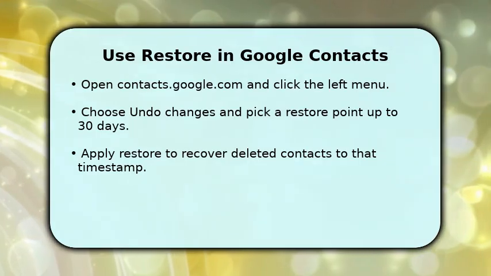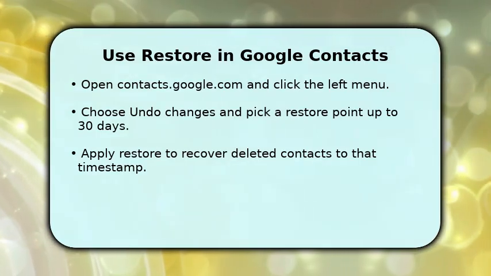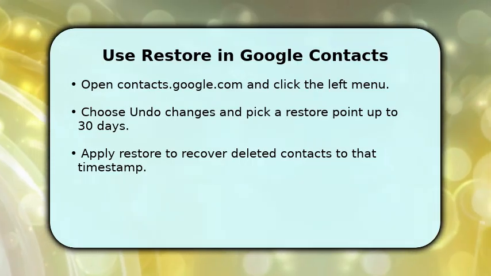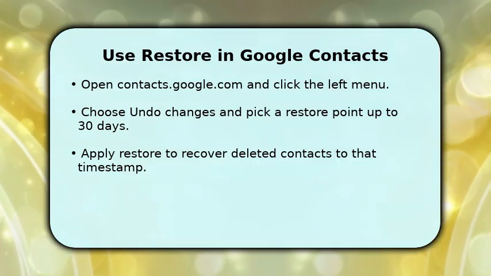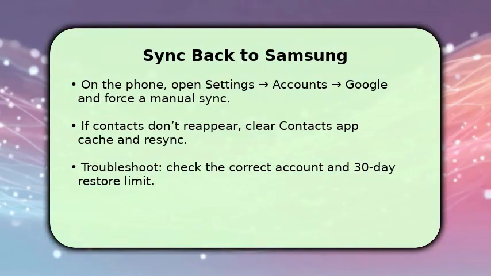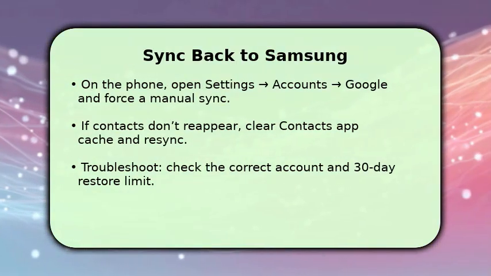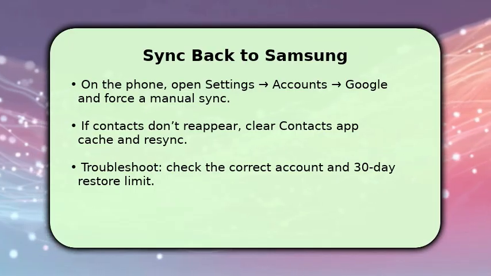Make sure not to sign out or perform other sync actions on your phone until the restore finishes. After the web restore finishes, go back to your Samsung phone and force a Google account sync. Settings, Accounts, Google, Account sync, toggle contacts off and on, then tap